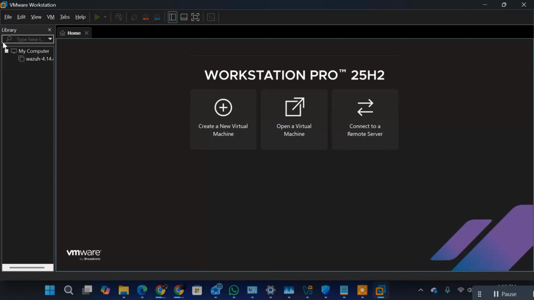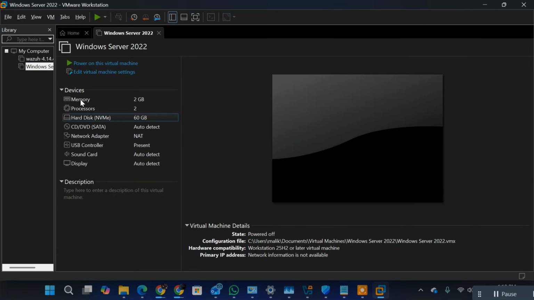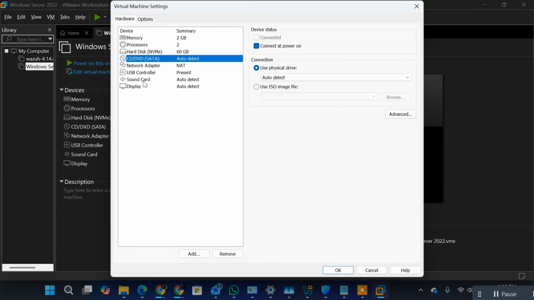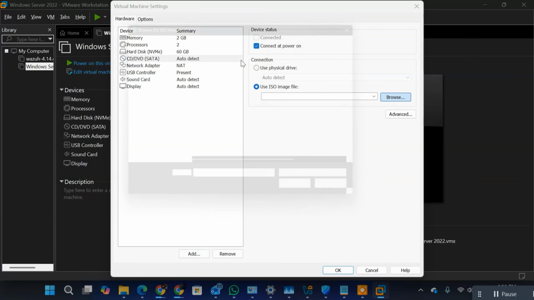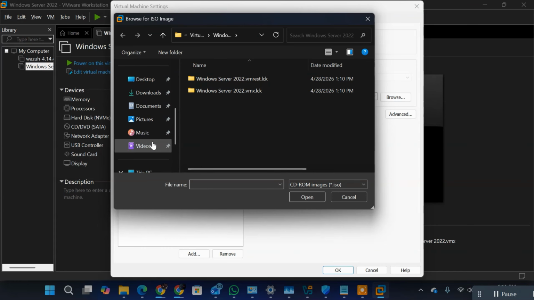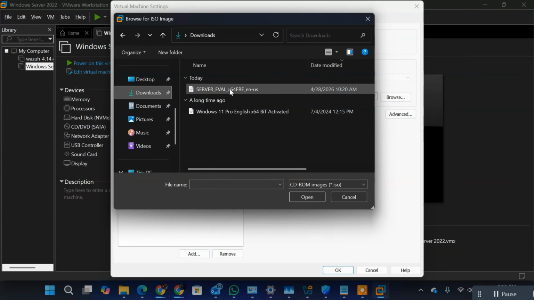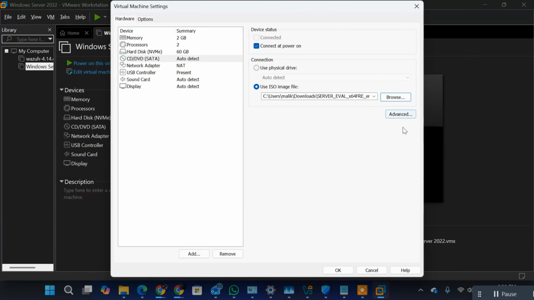All right, that's it. So it appears here. Look at what we are going to do. Remember, we did not attach the ISO file. So we go to CD/DVD, click on it to attach the ISO file. Now select use ISO, browse to the download folder, look at the download that we did, then pick the Windows Server here. That's it. We're supposed to click on OK, but because we have something else that we need to add,